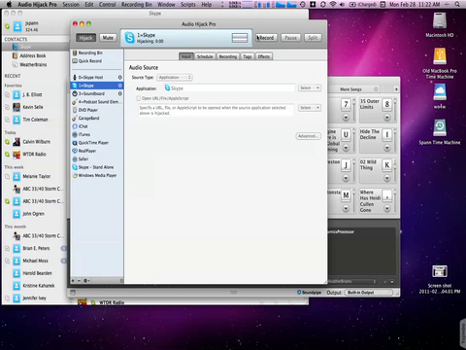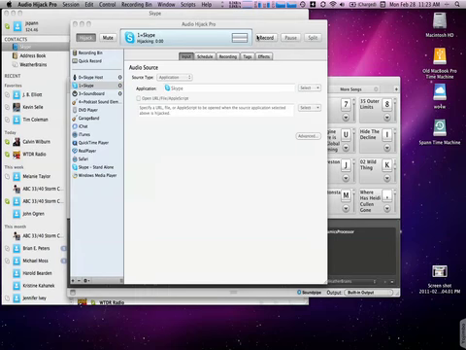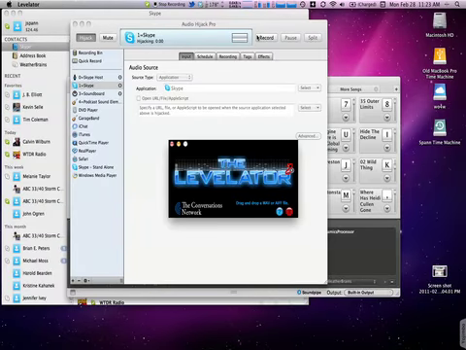Then I use a program called Levelator, which is very simple. It's a little utility here. It's free from the Conversations Network, and all you do is drop your file onto Levelator, and it basically balances the levels just to make it sound better, more professional. And then after you've got the output from the Levelator, I convert that to an MP3 file,